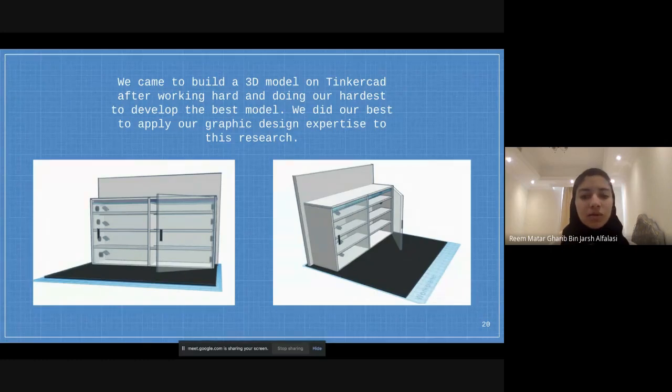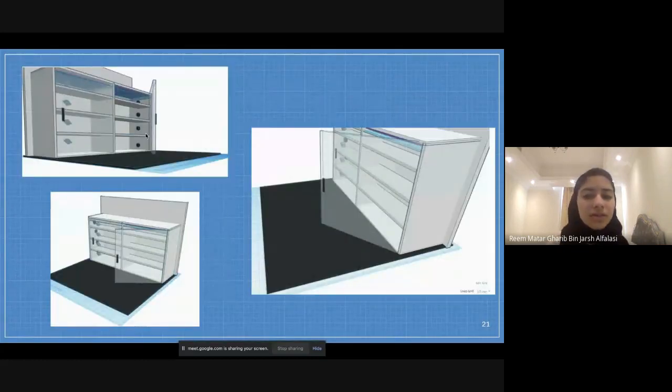We built this model on the website Tinkercad, and we did our best to apply our graphic design expertise to this research. This purple material you can see above is the UVC light, and the blue glass under it is the quartz glass. As we mentioned earlier, it's there to protect people from getting harmed by the UVC light waves. The black circles at the sides of the refrigerator are the automatic aqua sprinklers, and they splash alcohol when the UV lights are turned off, but the splashing is not continuous to avoid damaging any product inside the refrigerator.